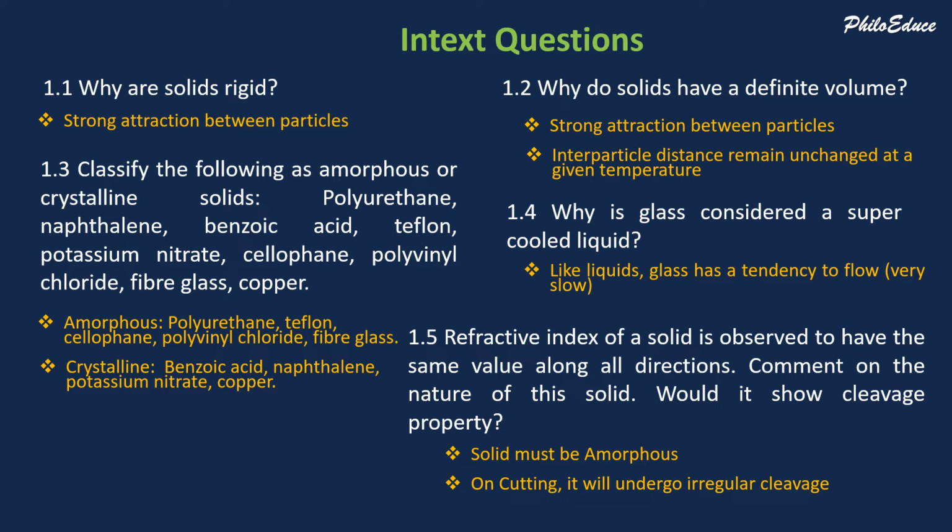We know that in the case of crystalline solids, they have a definite arrangement. So if you apply a force on a crystalline solid, it will break in a proper way or in the form of a sheet. Why? Because that type of arrangement is there. But in the case of amorphous solids, the arrangement is not there. So if you apply force at the same point on the same type of glass, the two glasses will break in two different ways, because there is no such order. That's why.